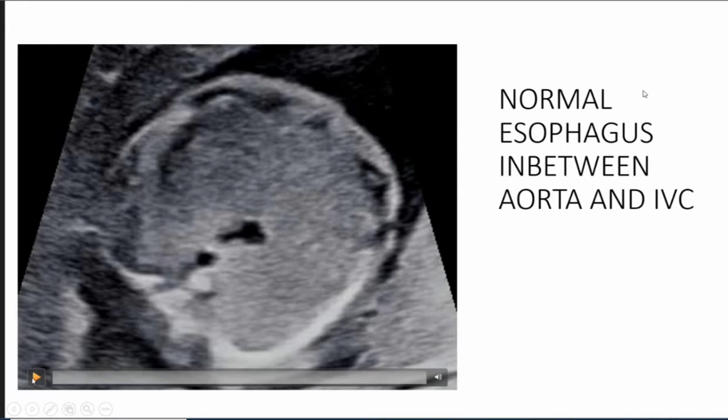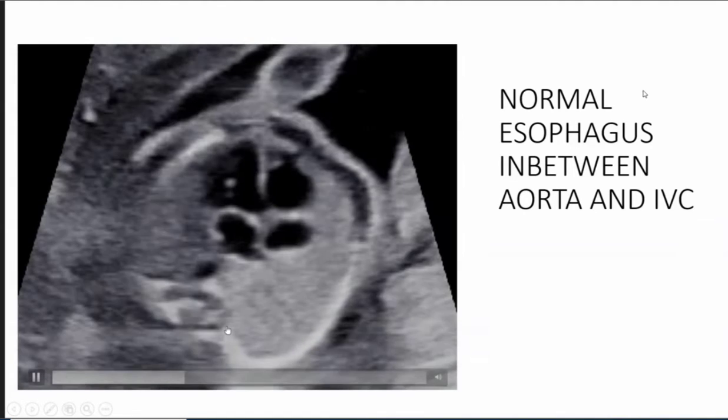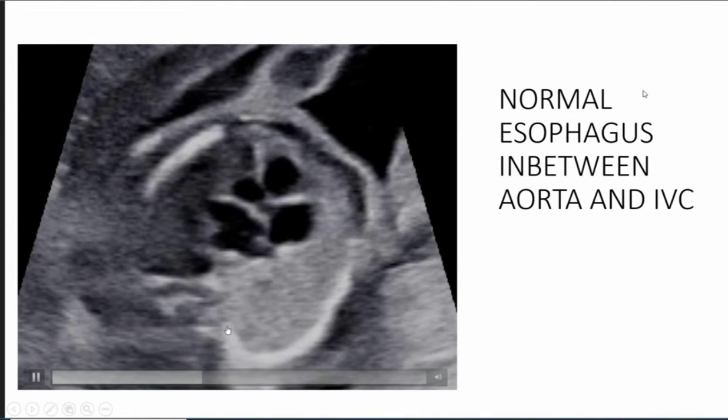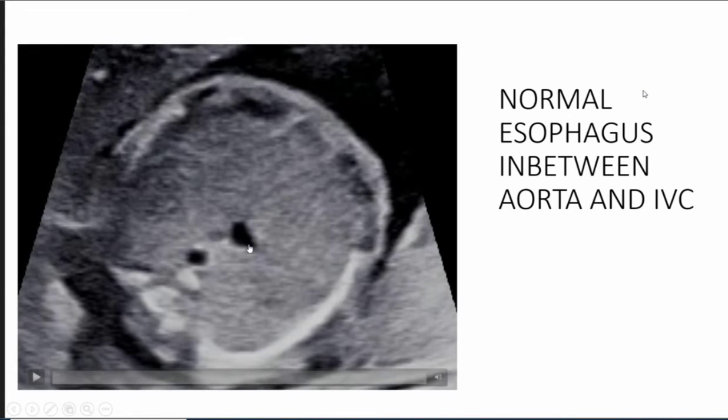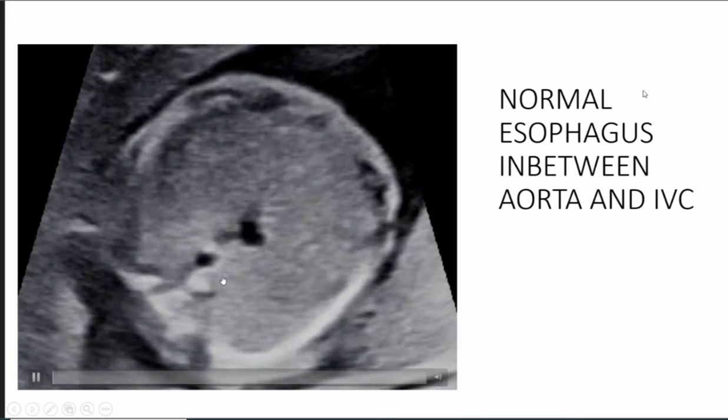Now the next view is without color, and it again shows the upper abdominal view. I take it into the chest to show you the confluence of IVC with the right atrium. So in the upper abdomen, you can see on 2D the anatomy of aorta and IVC, and also the relationship of the aorta to IVC. What should not be there is the IVC should not be sagittally straight anterior to the aorta, nor should the IVC be by the side of the aorta. If any of these two things are there, then we are dealing with heterotaxy.